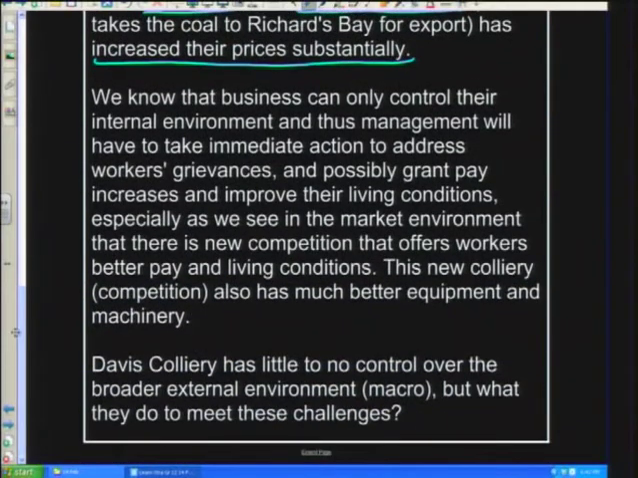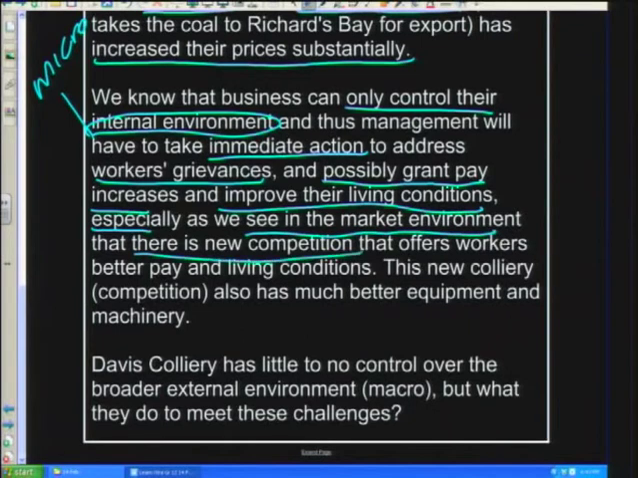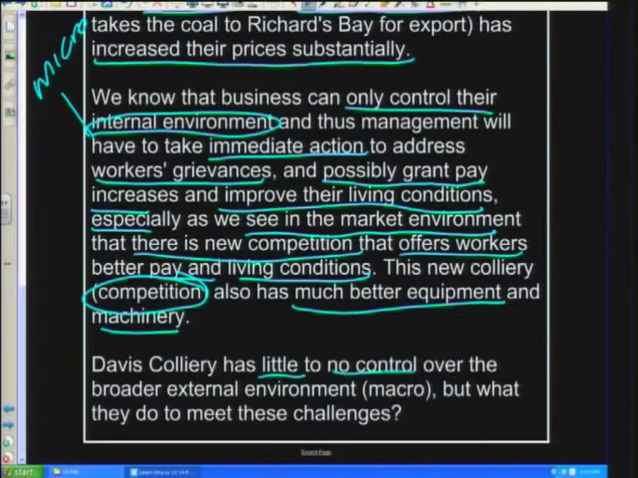Now, we know that the business can only control their internal environment. Remember, internal environment, they can only control the micro. And thus, management will have to take immediate action to address the workers' grievances and possibly grant pay increases and improve their living conditions, especially as we see in the market environment that there is new competition that offers workers better pay and living conditions. Now, the new colliery, or competition, that's a fancy word for competition, also has much better equipment and machinery. Now, Davis Colliery has little to no control over the broader external environment, which is the macro environment, and, remember, market. So, they have little control,